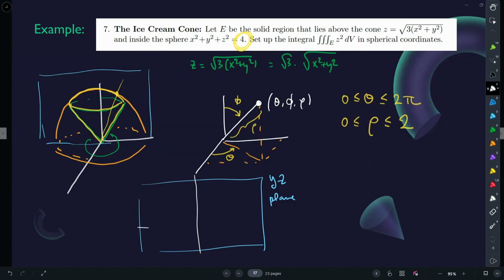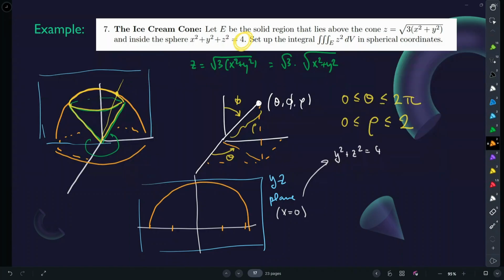what is happening in that plane? The YZ plane, by the way, is the plane x equals 0. So let's graph those things in the x equals 0 plane. The sphere becomes y squared plus z squared equals 4, so it becomes a circle of radius 2. And the cone, with x equals 0, becomes z equals the square root of 3y squared,